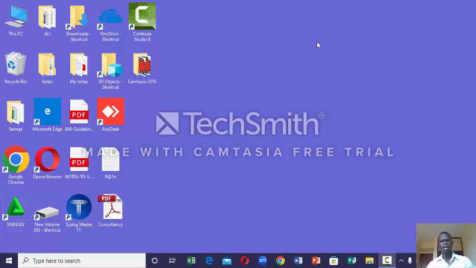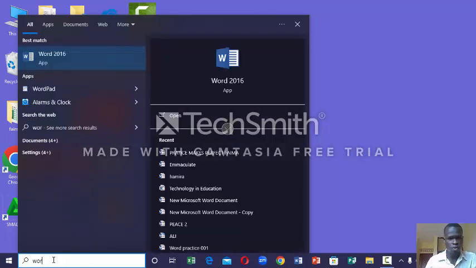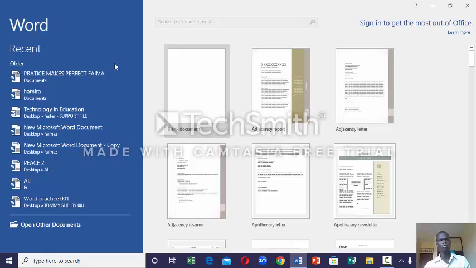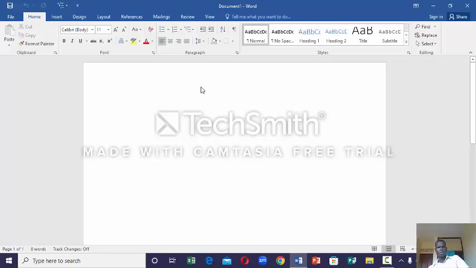So let's get started. If you want to search for a program in a computer, it might be there on the screen, like here. Maybe there's Microsoft, okay, there's PowerPoint, and you see it. But if you want to search for it, you just come to the left corner of the computer and click on search. Let's write there Word. It shows Word 16, so you open it. After it opens, you look for blank, this is the blank, you tap on it. So this is how you can open it. In it you can type whatever, like letters and other things.